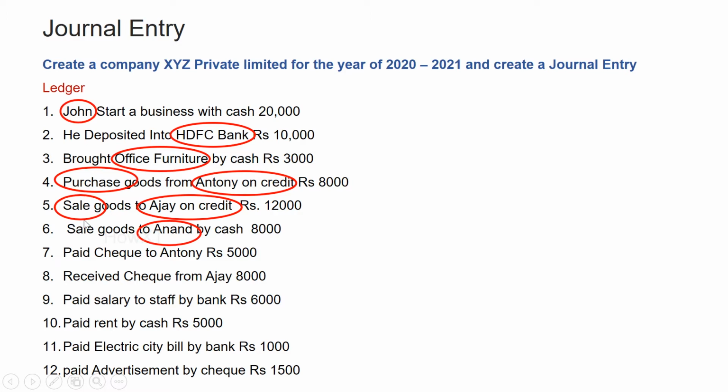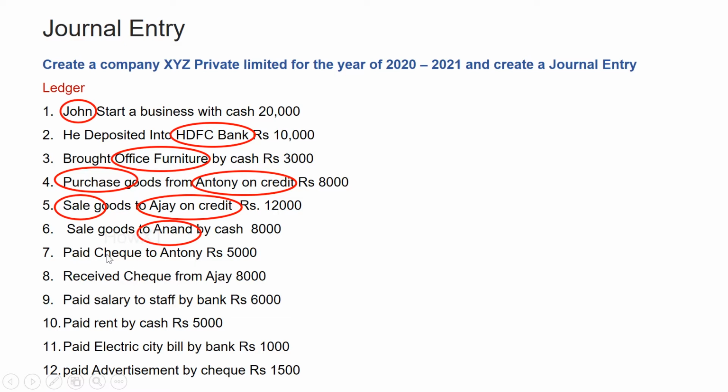We should not create sales again. In Tally, we need to create only one ledger for each item. For example, if you already created sales, there is no need to create sales again. If you created purchase, you cannot create a purchase ledger again because it will show as a duplicate entry.